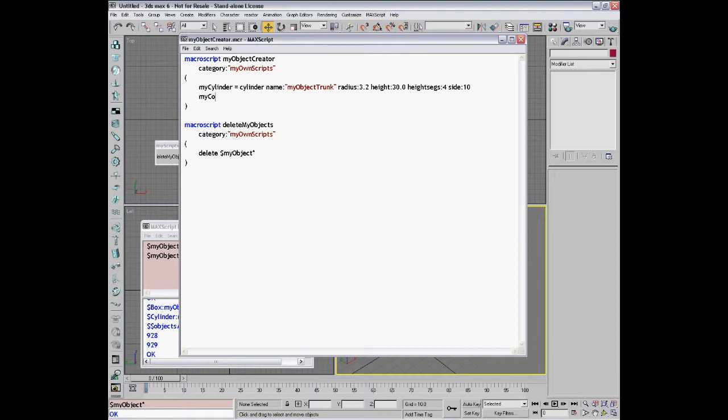Then let's create a cone object, which is going to be the branches of the tree. That's a cone object. Its name is going to be myObject branches. Radius is going to be, well, actually it's radius 1. Let's make it 25. Cones have two radius values, one for the lower radius and one for the upper radius of the cone. So